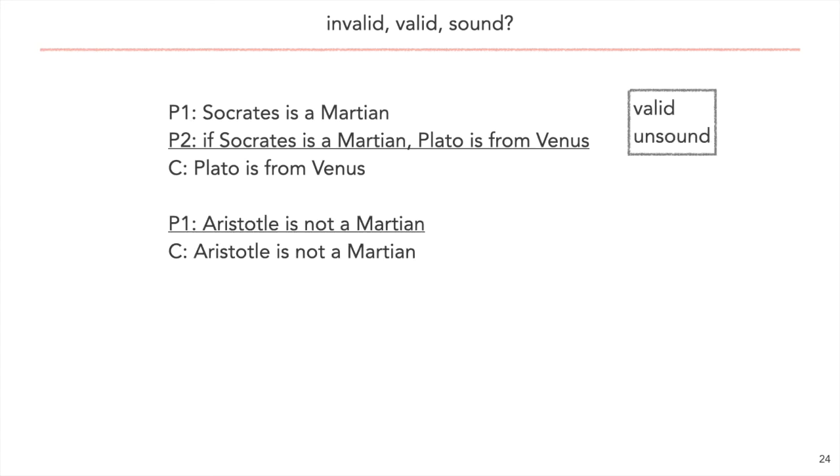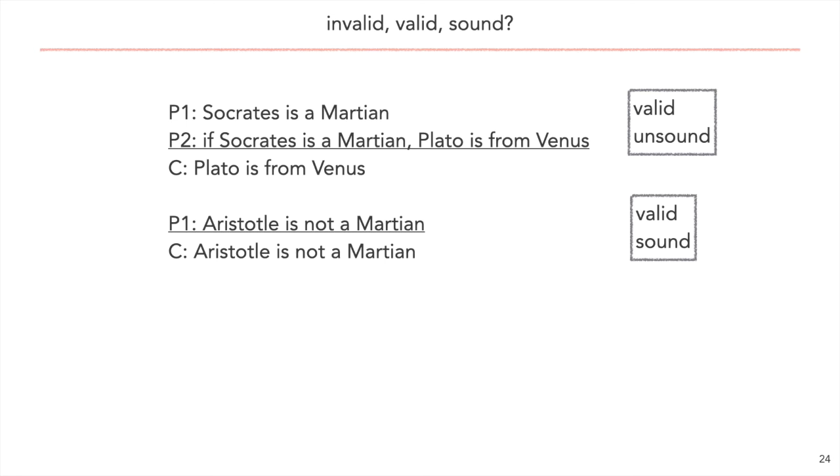How about this one? Premise 1, Aristotle is not a Martian. Conclusion, Aristotle is not a Martian. Aristotle is not a Martian. He was a student of Plato and influenced Jewish, Islamic, and Christian theology, and was just an amazing all-round polymath. So the conclusion and the premise are both true. It's clearly not possible for the premise to be true and the conclusion false, because the premise just is the conclusion, and so that argument is both